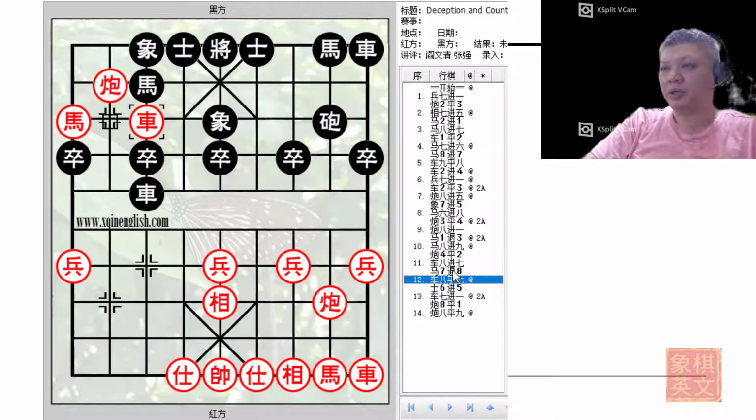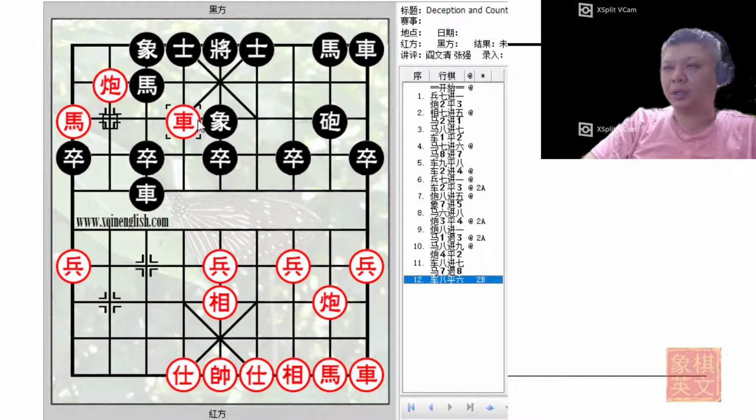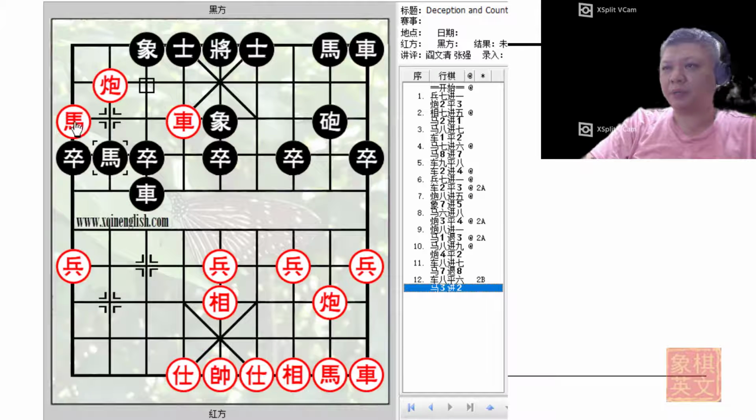Okay, what would happen if red played c8 equals to 6 again, threatening to capture the black horse, going for the checkmate? Black will simply play h3 plus 2, and the black cannon will now be still applying a skewer to these 2 pieces. So red will lose material instead, and black will be freed from his worries for the